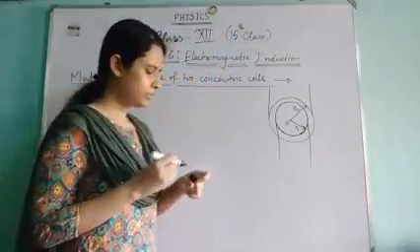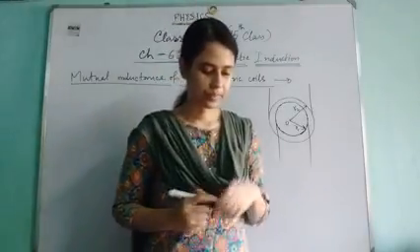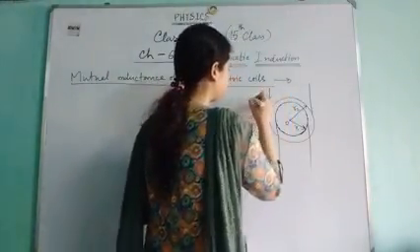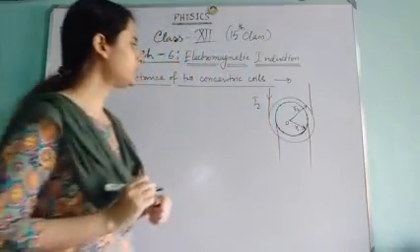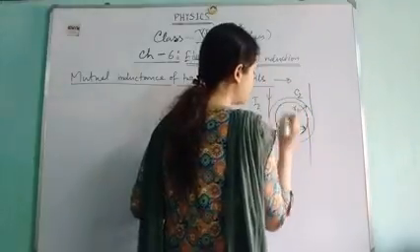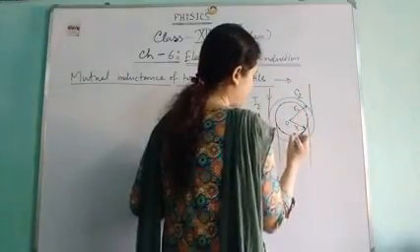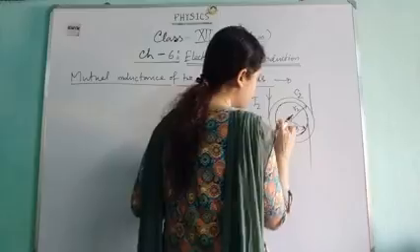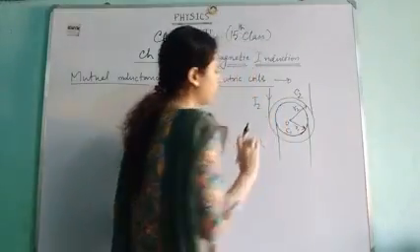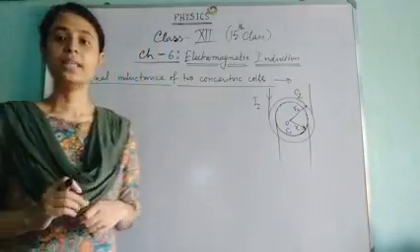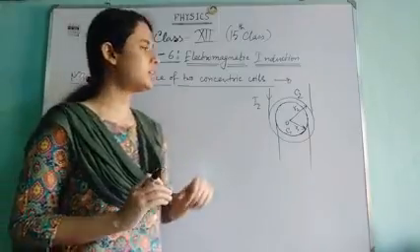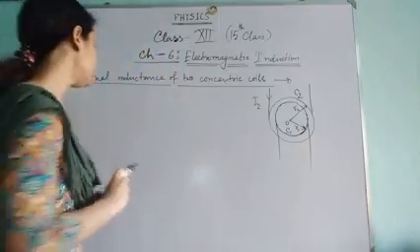Suppose n1 number of turns. Then if we allow I2 current to flow through the C2 coil of radius R2, and the inner coil of radius R1 is the C1 coil, then the magnetic field produced due to the flow of I2 current in the C2 coil can be written as